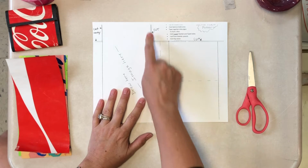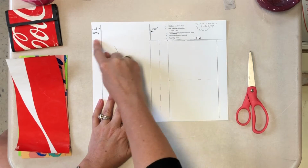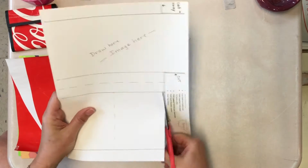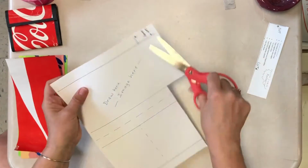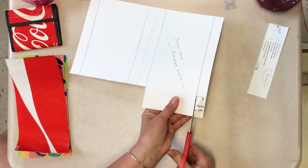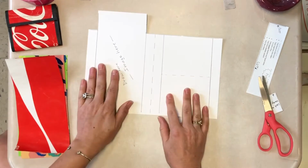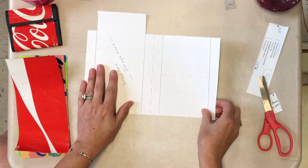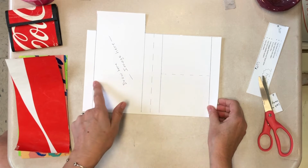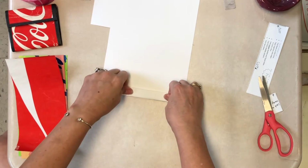So the first thing we're gonna do is just cut on these double lines. Now, once you're done with that, you're gonna fold on the solid lines. Okay, so we've got 1, 2, 3, 4 solid lines. You're gonna fold on those. So you'll go back,